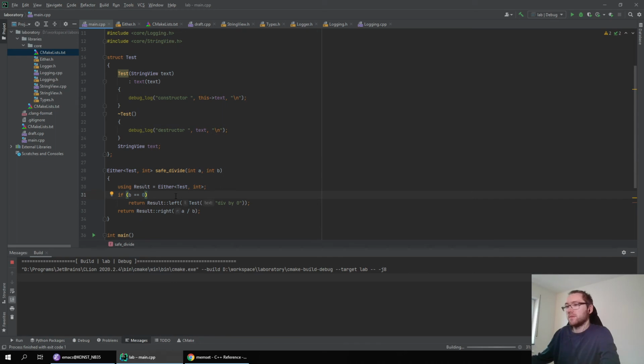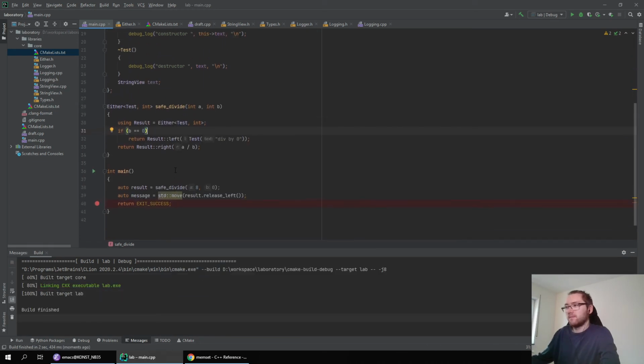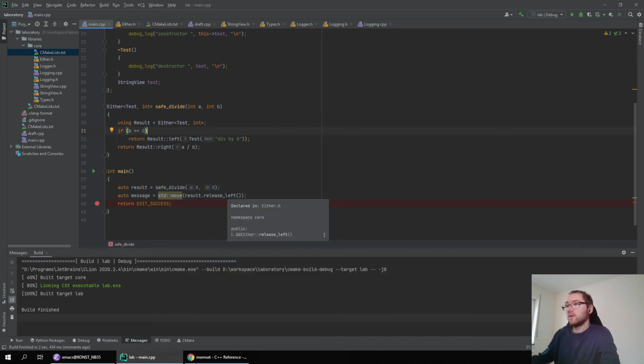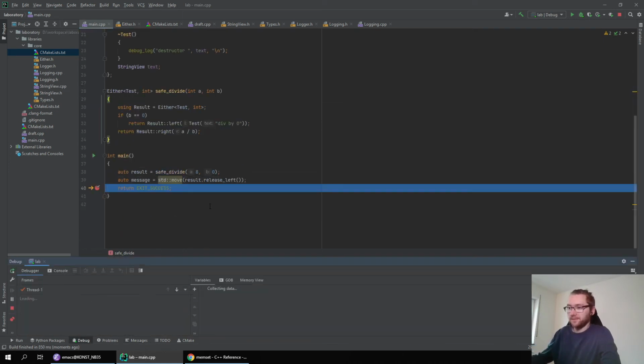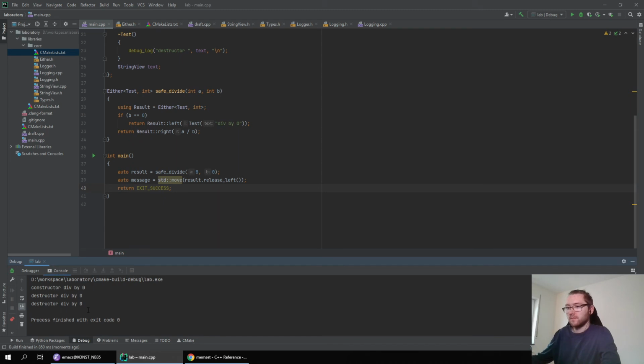I haven't implemented a destructor for either. And now the move will happen. What? So it gets destructed twice.